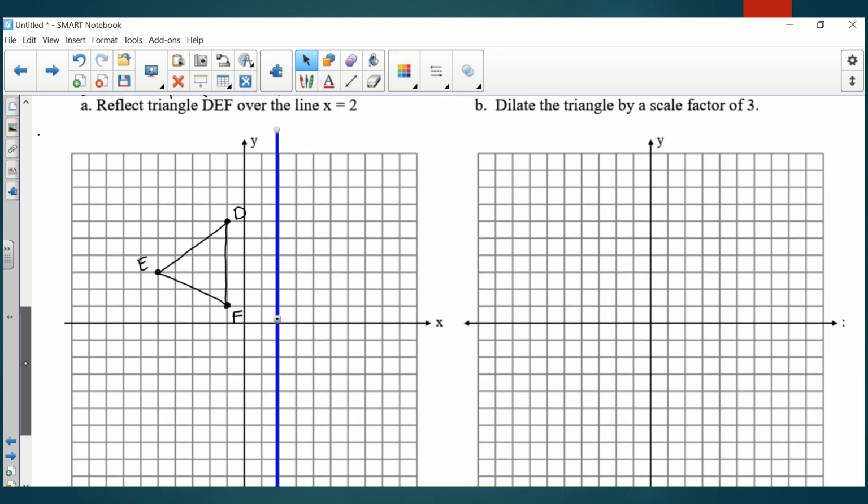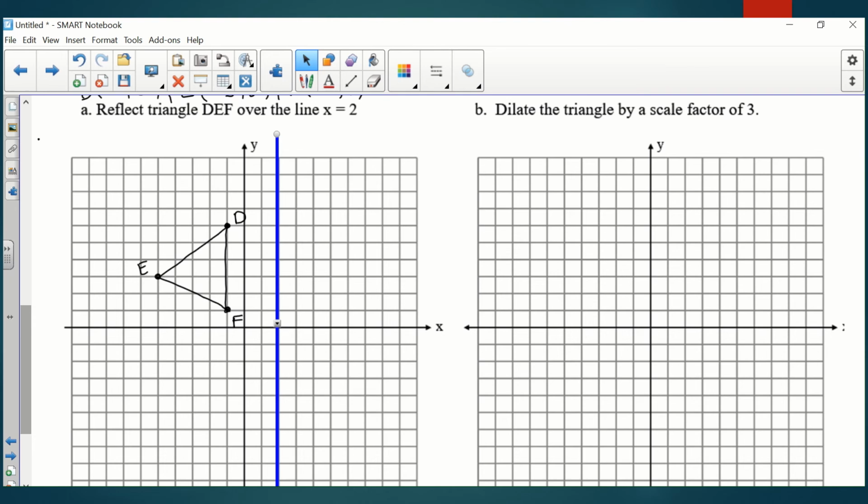So remember what that means. We don't really have a rule for this. We're just trying to make sure that each point, which right now is to the left of that line, ends up on the right side of that line, the same distance away from it and directly across from its original point. So if I'm going to try and plot D prime here,